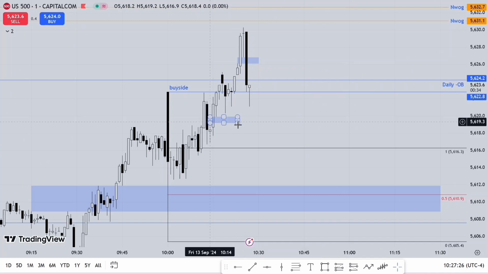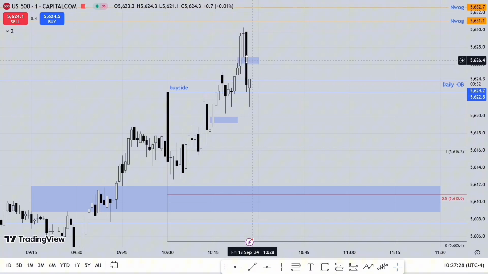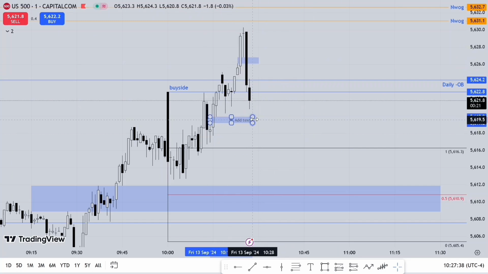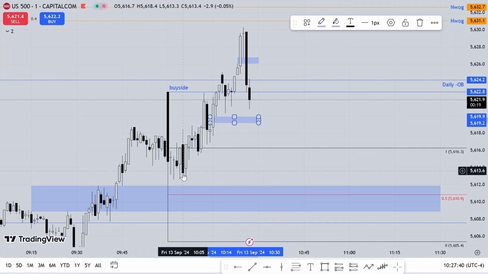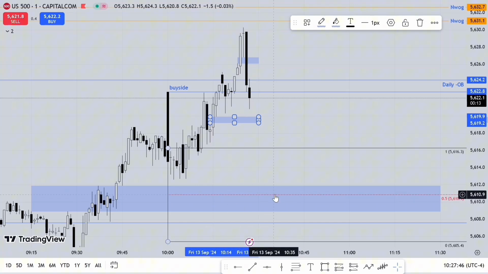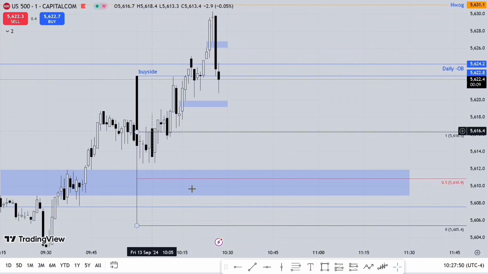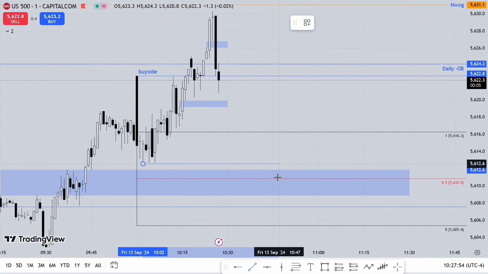So I want to see this as an inverted fair value gap here. So this imbalance here should be an inverted fair value gap taking price to this low here, and also this close if we are coming for this midpoint of this week here. So yeah, we have sell side.